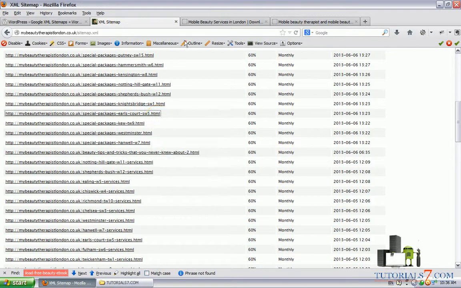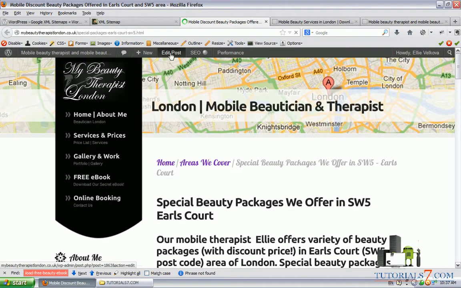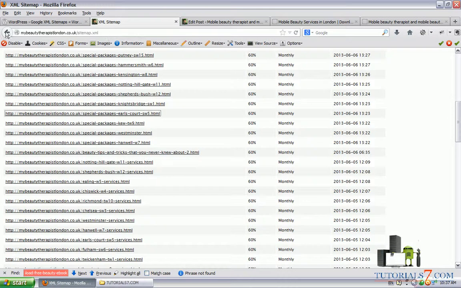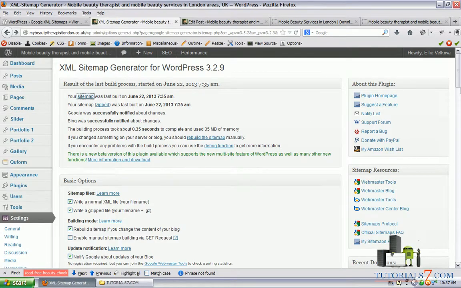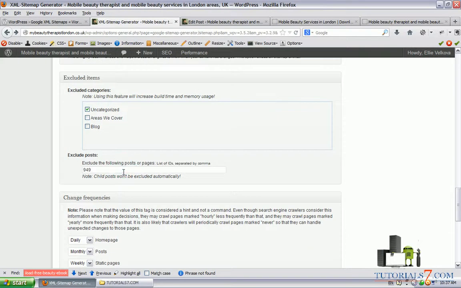We'll just have to click it, edit post, and we'll have to find these numbers. Here are the numbers or the ID of this post, which is 1863. We'll go back and put this number here.